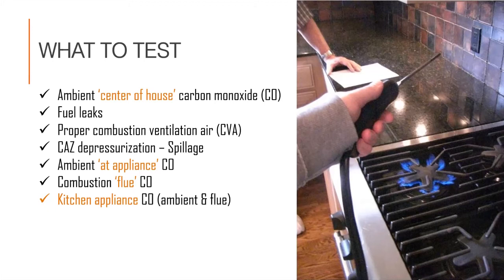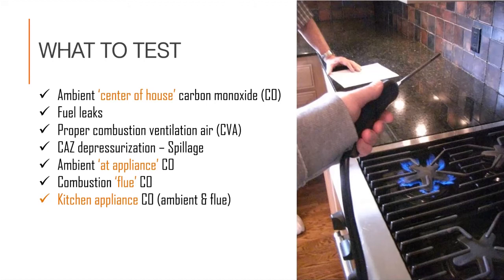In my own learning process, seeing all of these together was the way that I really began to understand the broader picture about the effects of air sealing a home with the intent to save energy, but the unintended consequences of trapping in potential contaminants like carbon monoxide or increasing the effect of depressurization from little things like bathroom fans and kitchen fans. The significance of these new levels of depressurization is that it can be enough negative pressure to overpower a water heater's ability to draft its combustion gases out of the home.